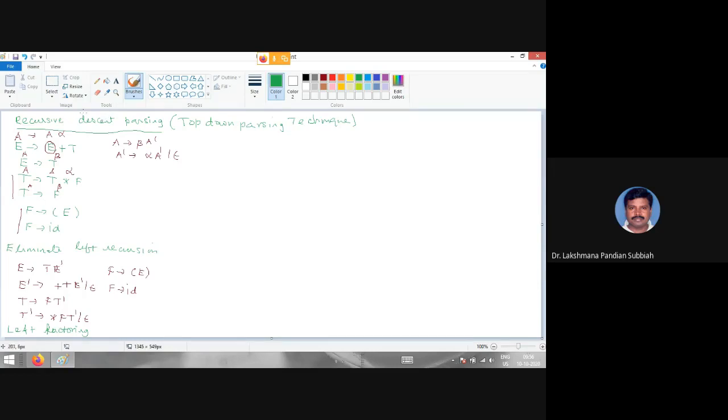You have to write a recursive procedure for each production rule.